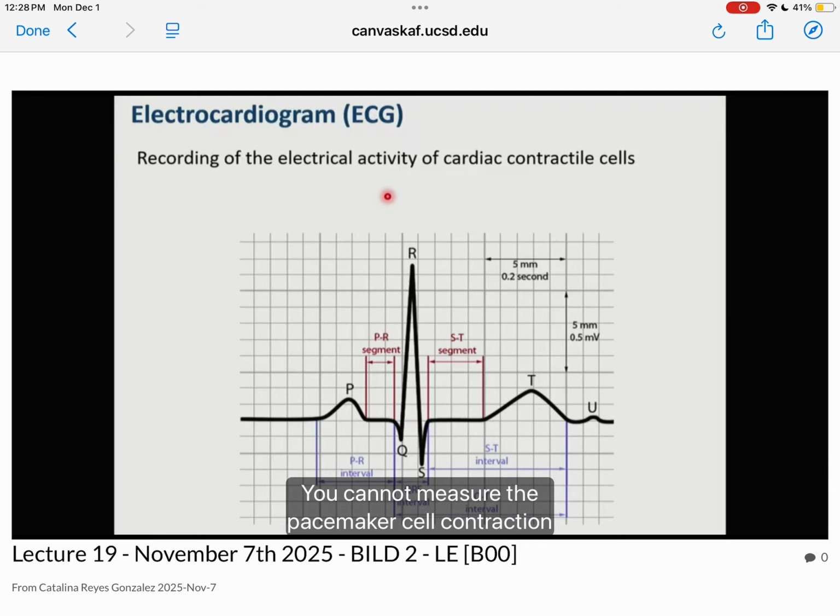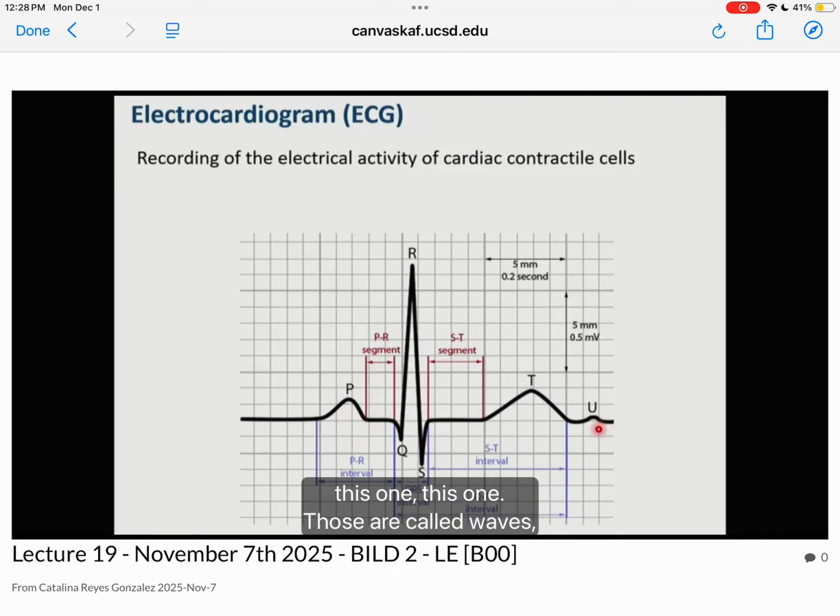You cannot measure the pacemaker cell contraction from outside your body. They're too few, too tiny. But that action potential in the pacemaker cell transfers to cardiac muscle cells, so you can correlate them. Okay, so as you see here, we have a number of deflections, like this one, like these ones,